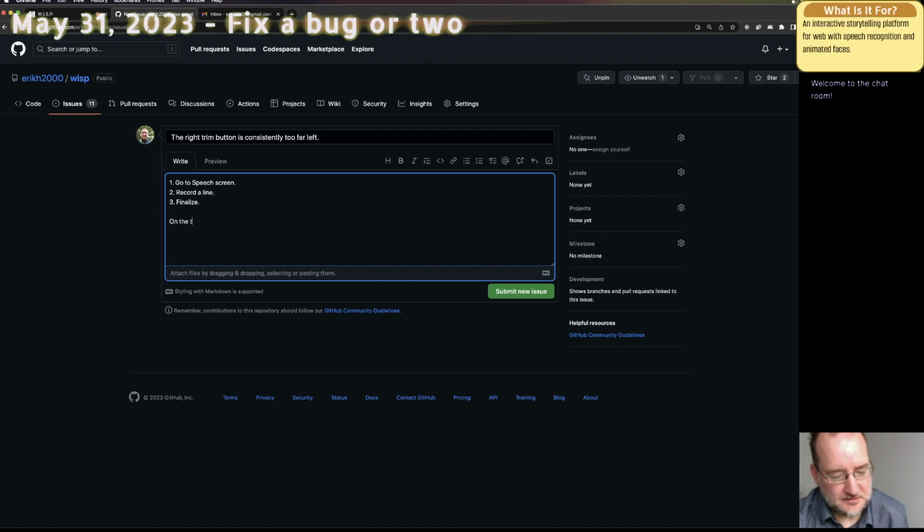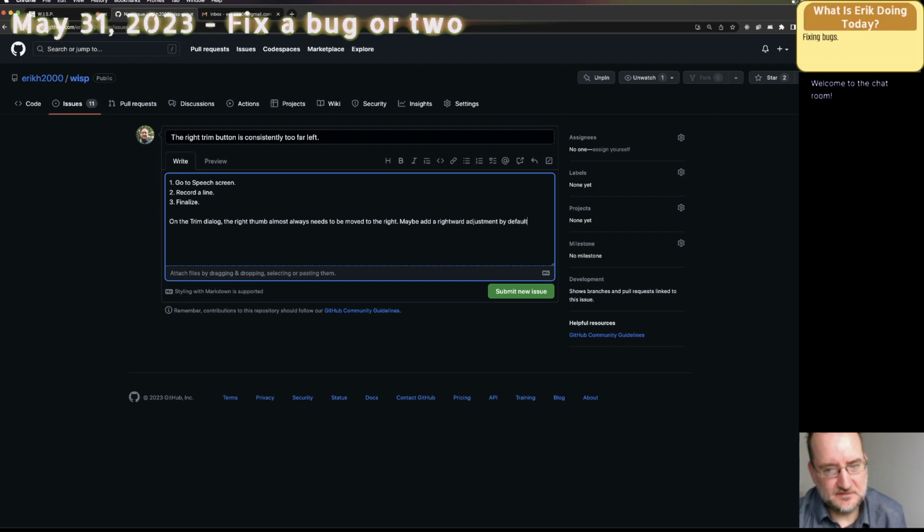On the trim dialog, the right thumb almost always needs to be moved to the right. Maybe add a rightward adjustment by default, or tweak the threshold values.